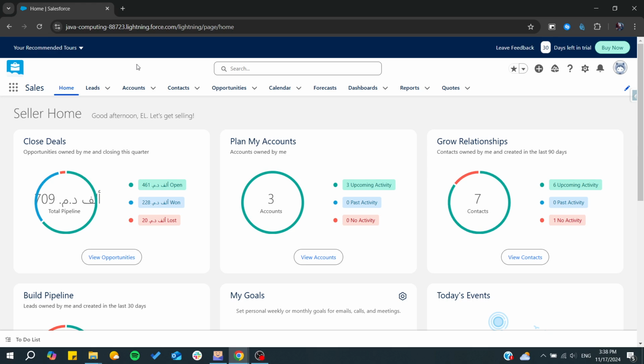In today's tutorial, I'm going to show you how to log in to Sandbox through Salesforce. So make sure to watch the video to the end and follow these simple steps. And basically, make sure that you have access to this sandbox and that the sandbox already exists in your organization. Otherwise, you can create your sandbox by simply going to the setup menu and then go